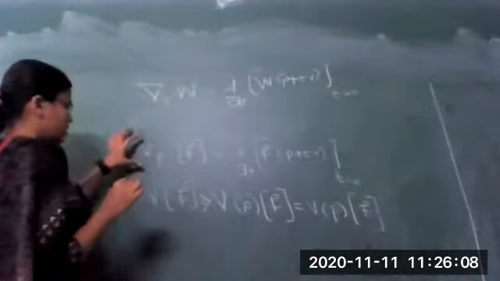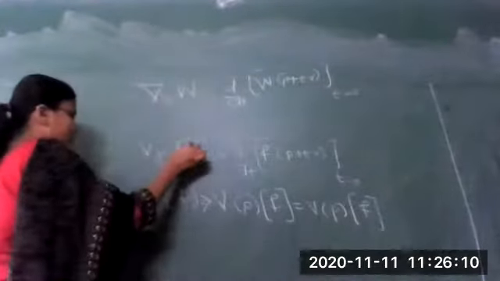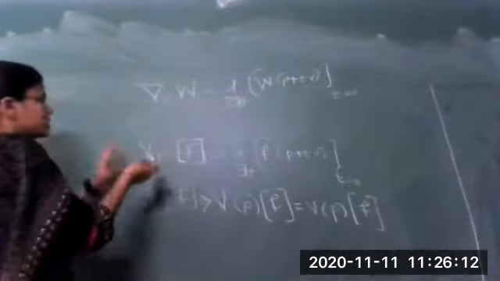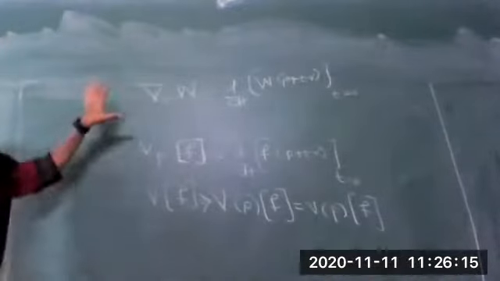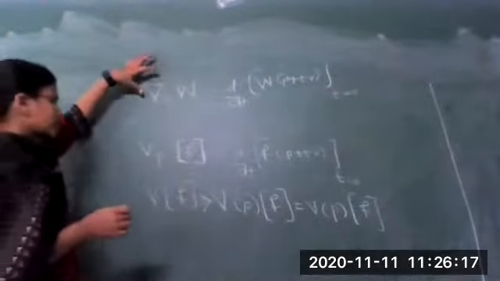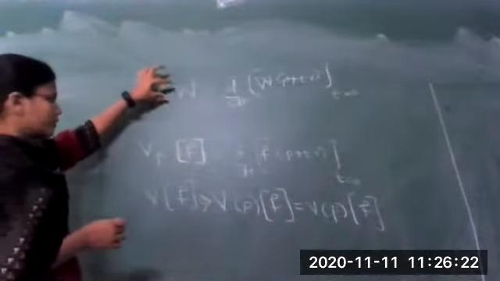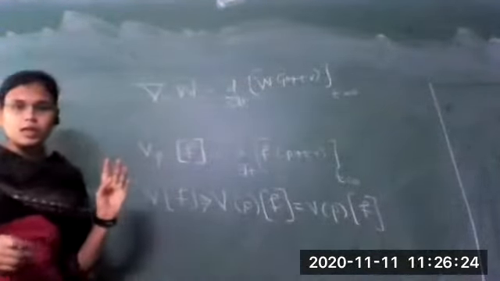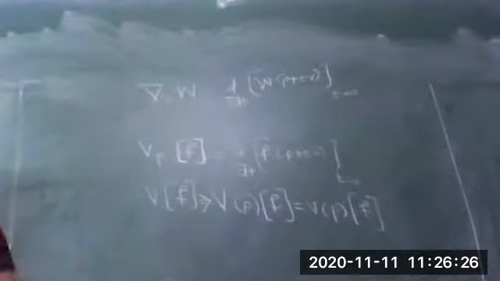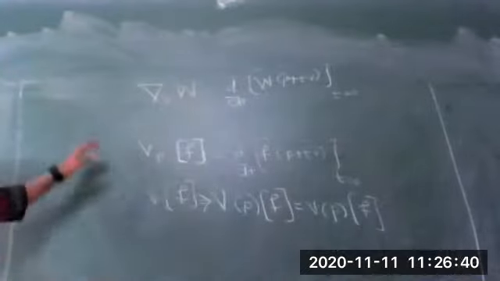This definition is very similar to our definition of the directional derivative of a function f in the direction of a tangent vector Vp. Here, instead of taking a function f, we have taken a whole vector field. That's why the notation of the directional derivative, the square bracket, is now changed to a del. We can find the covariant derivative of a vector field W with respect to a tangent vector, which is nothing but d by dt of W of p plus tv. W is a vector field on E3, Vp is a tangent vector to E3 at a point P. Then the covariant derivative of W with respect to the tangent vector Vp at the point P is defined by, what is the definition?